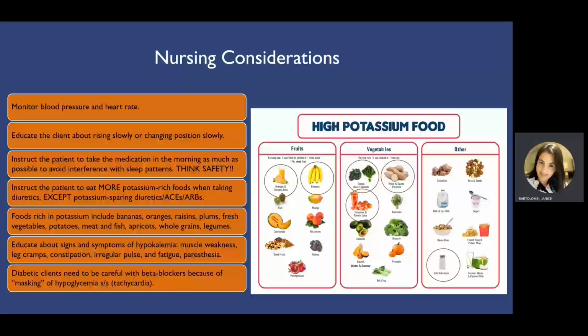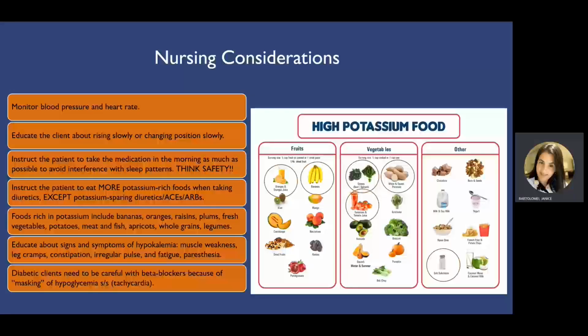So, for example, for diuretics, something that I would teach the client would be, hey, try to take it during the day so that way you're not peeing at night as often. Because if the patient is getting up to go pee at night, they could stumble and they could cause a fall. So we want to give these medications early during the day, as well as changing positions slowly, raising slowly,